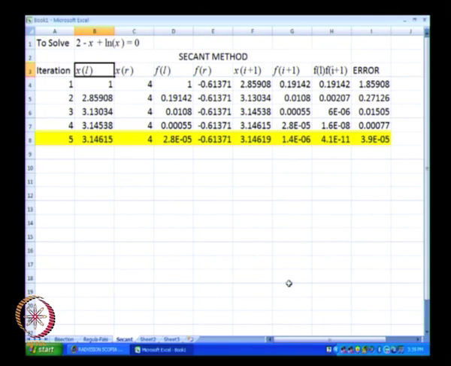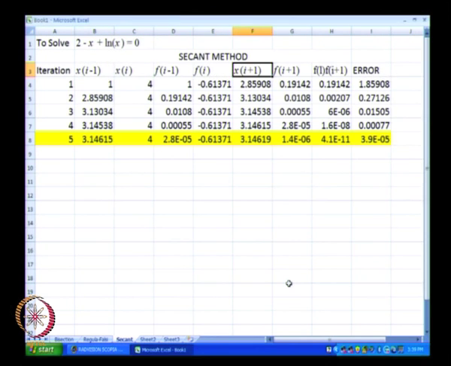Okay. And in the secant method, we do not have the concept of xl and xr. Instead we have x of I plus 1, x of I minus 1, and x of I. So this guy is going to be nothing but x of I minus 1, the next guy is going to be nothing but x of I. Likewise, we will have f of I minus 1 and we will have f of I. So these are the two solutions, the two guesses of the solution that we are going to start off with,